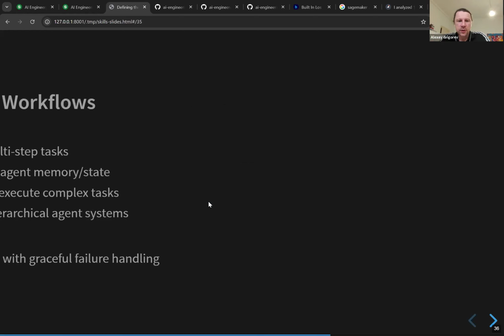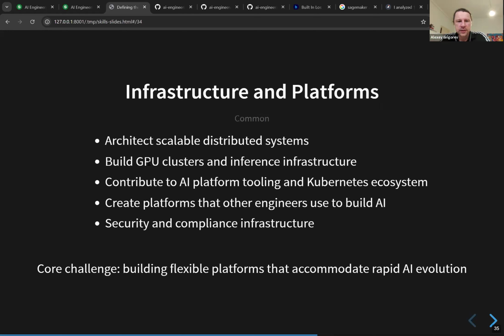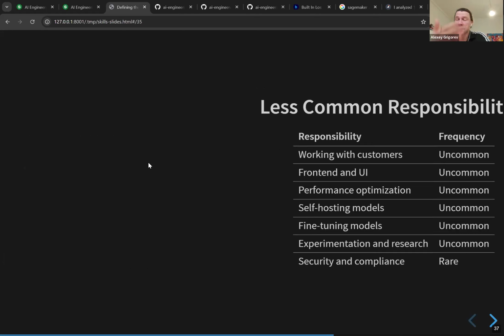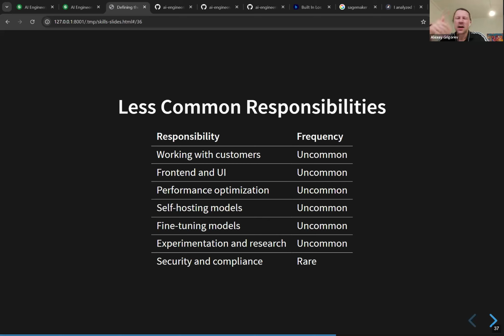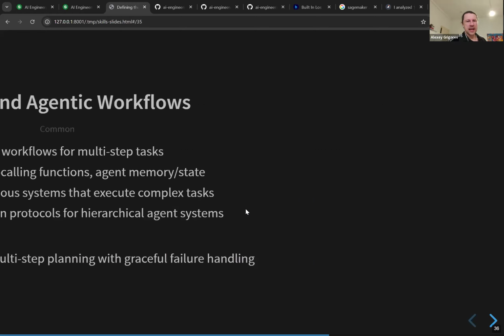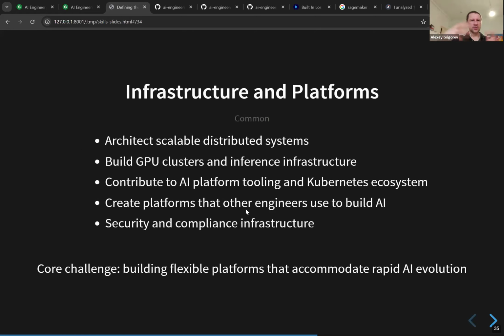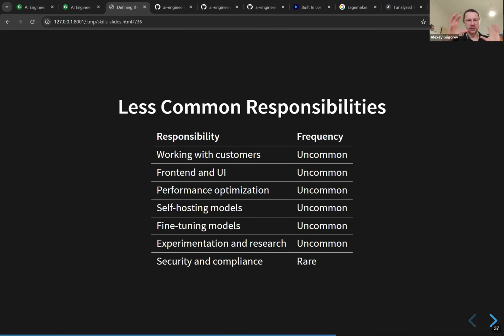But then, since I was talking about building GPU clusters and inference infrastructure, I was really curious. So this is what I asked Claude Code: how often does it actually happen that we need to self-host models? And this came up as a pretty infrequent thing, right? So in most cases, you don't really need this. But since I was analyzing this at the cluster level, this falls within the infrastructure and platform cluster. Because if you have this use case, it pops up too. But if you just zoom in on this specific self-hosting of models, this is not really common, right? In most cases, you just use the provider.